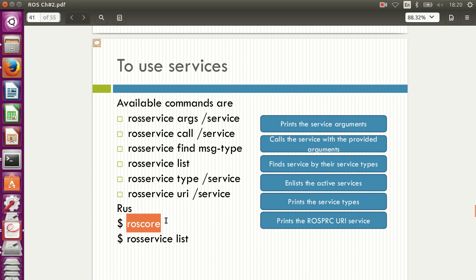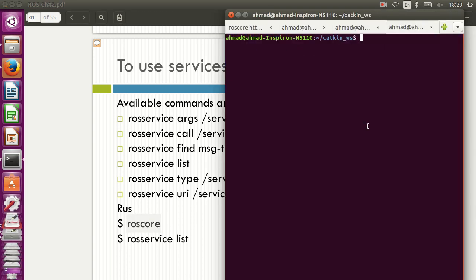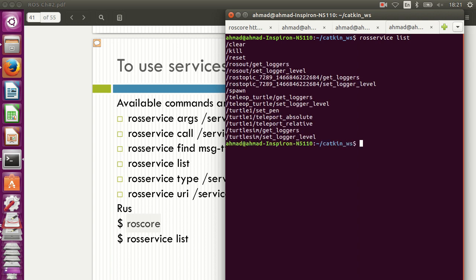We have already run roscore, so we shall just run rosservice list. Just press Ctrl+Shift+T for another tab, and type it. So you can see all the services available. There are many services like clear, reset, everything. For example, if you want to see a service type, like rosservice type clear, you will see something like